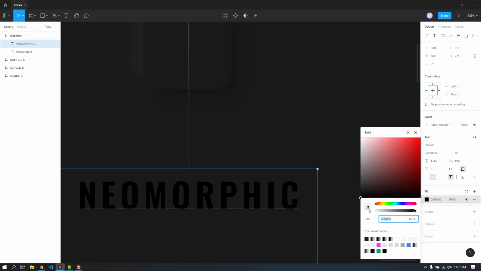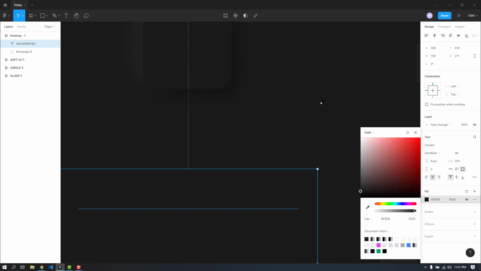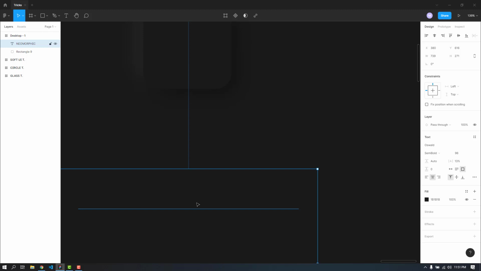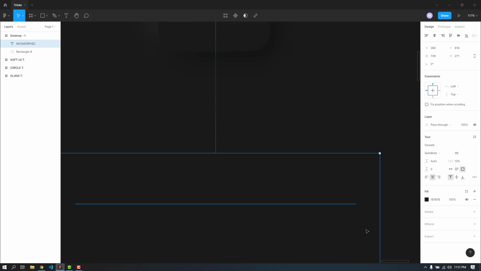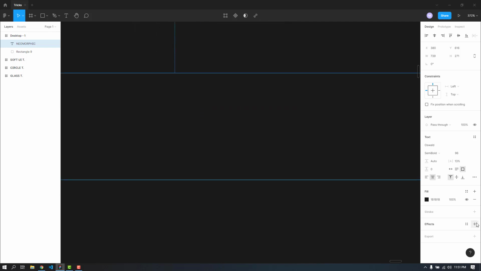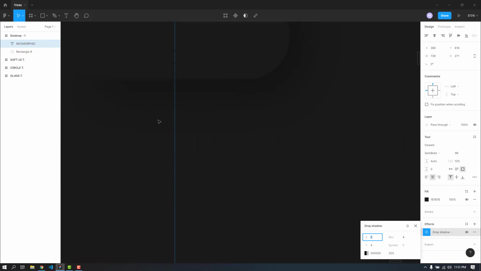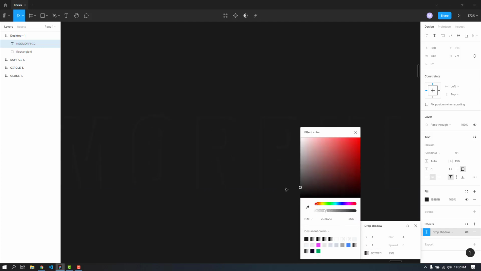Now let's change the fill to the background color, and we cannot see anything because it is completely blended with the background color. So the principle is the same. We need to give it two effects. So both of them will be the drop shadow, but the text is much smaller than this square here. So we need to give this a smaller value in X and Y direction. So let's try minus one and minus one. Let's give the same value of 37, 37, 37.